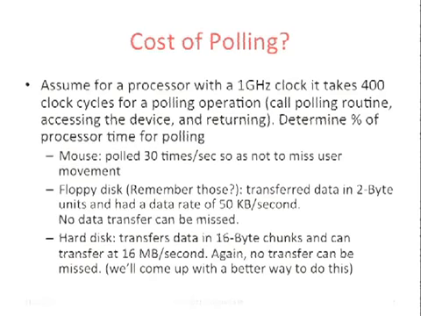And then hard disks are going to run quite a bit faster, say 16 megabytes a second. And in this scheme, they're going to transfer 16 bytes at a time. Right? Because remember, these data registers can be different sizes. So in the example we looked at, the data registers were 4 bytes. But they could be 2 bytes. Well, maybe not 2 bytes, but in this case, 4 bytes, it could be 16 bytes. It could be a little bigger than that. Okay? So, very different